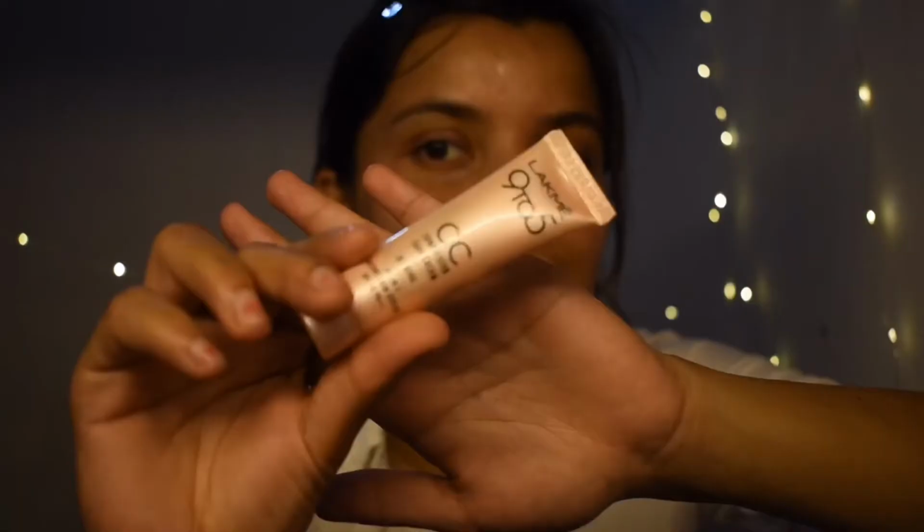If you are going out, then sunscreen is the most important for your skin, so apply sunscreen lotion on a daily basis. And now I'm going to apply CC cream because this is a very quick makeup. If I apply foundation, it takes a little more time to blend it. So now I'm applying CC cream, just a very little bit,